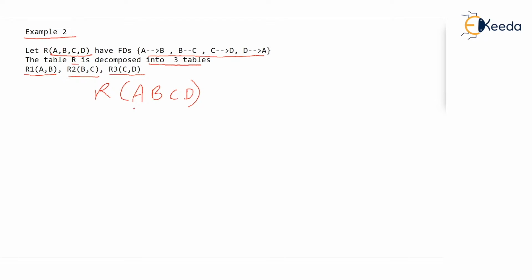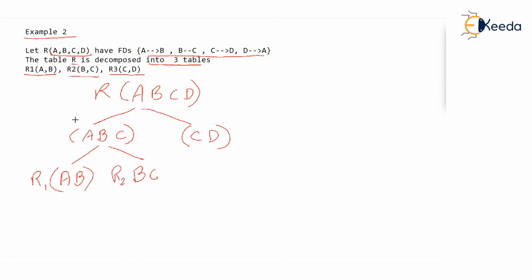This table first might have been decomposed into ABC and CD, and this portion ABC must have been decomposed into AB and BC. So this is R1 AB, this is R2 BC, and this is R3 CD. This is one possibility. The other possibility